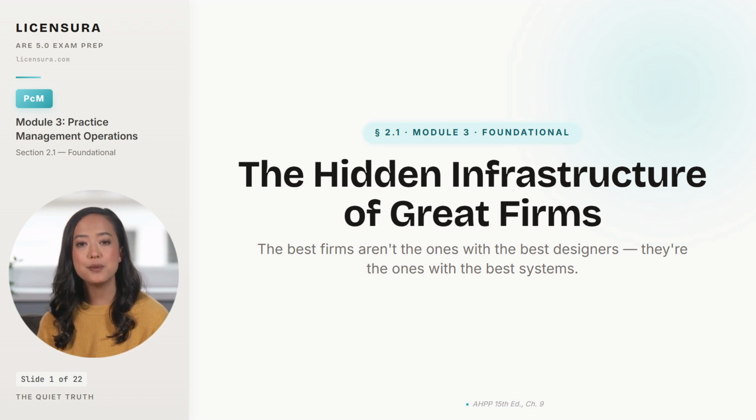The difference is almost never talent. The difference is the infrastructure underneath the work, the documented, repeatable processes that operate the same way regardless of who is in the room that day. NCARB tests this material because the public is harmed when a firm cannot scale beyond the personal habits of its founder. Start by drawing a sharp line between what works for a solo practitioner and what a real firm actually